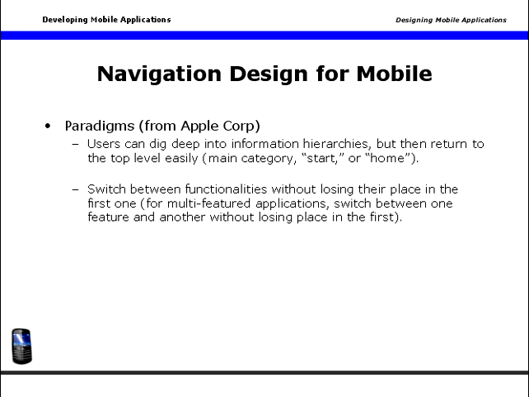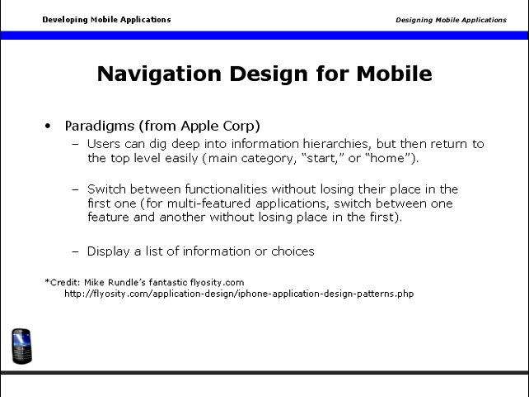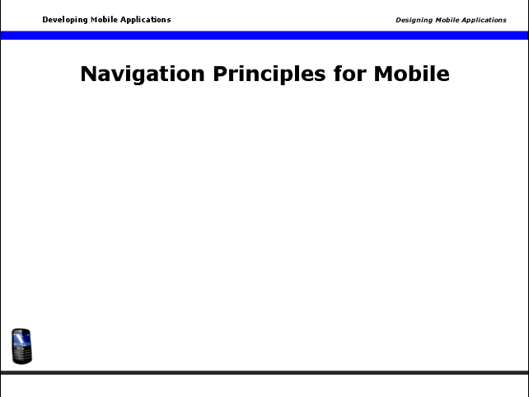Users can switch between functionalities without losing their place in the first one. This is for multi-featured applications where users can switch between one feature and another without losing their place in the first. The app readily displays a list of information or choices at any given point in the flow. That's a great start. Designer Ryan Unger adds principles for navigation design, which include: mobile users love to break rules,